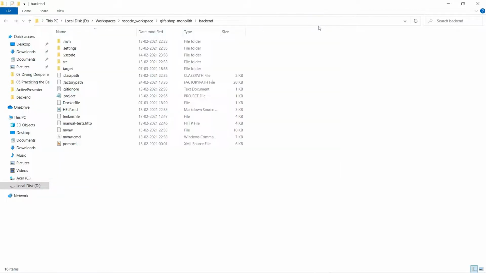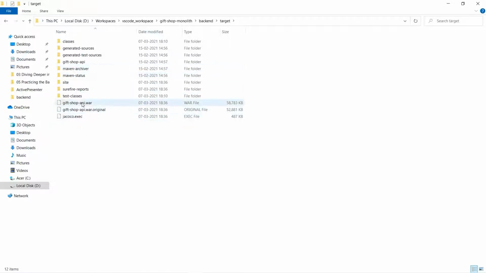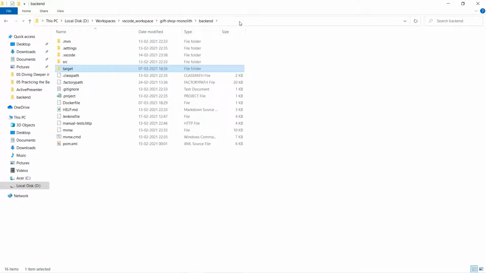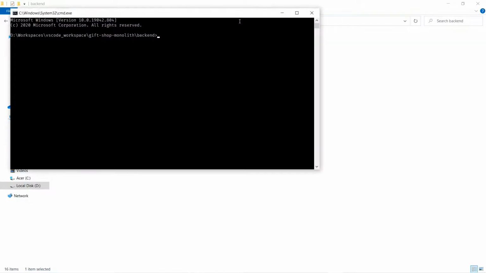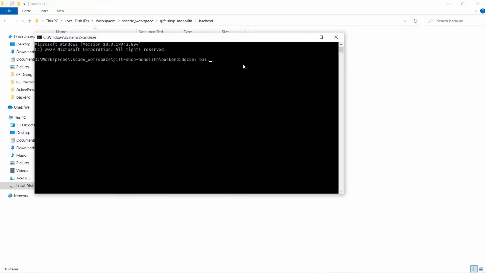Now you can close this, and in your target directory, you should see a .war file or .jar file in your project. So now that we have generated a WAR file and written a Docker file, let's move on towards creating a Docker image. For that, go back, once again launch cmd from your address bar and type the command to build the Docker image. Docker build -t, give any name to your container, colon, give any version name. This is optional. And dot specifies the current context.